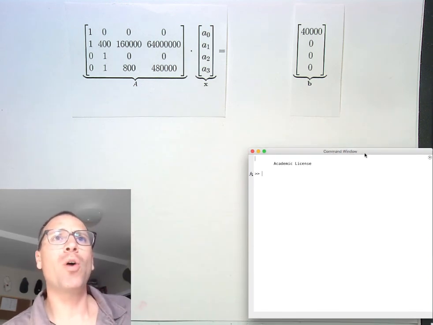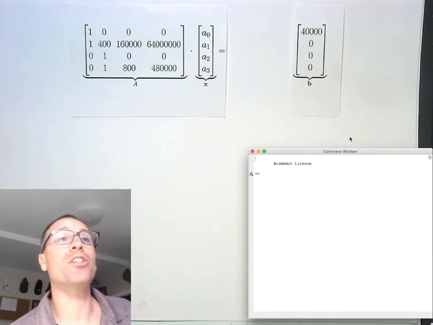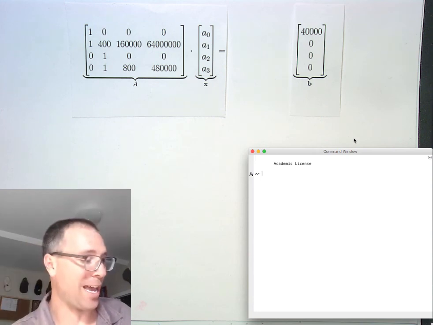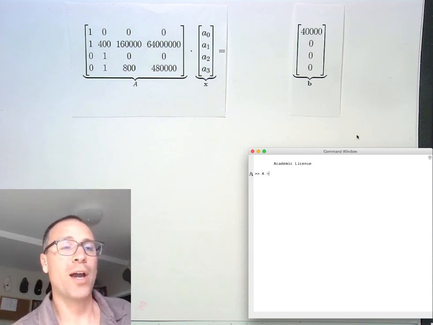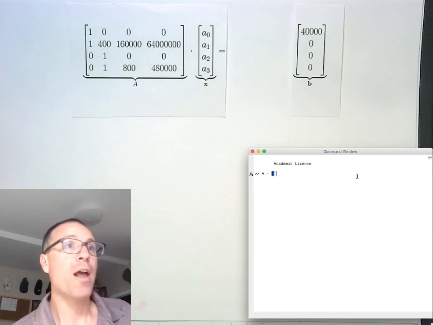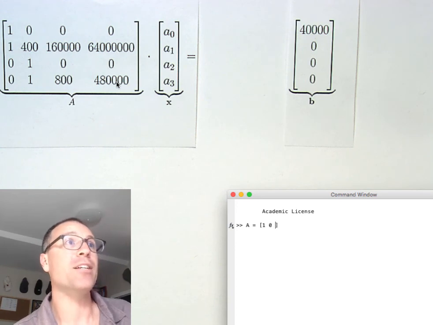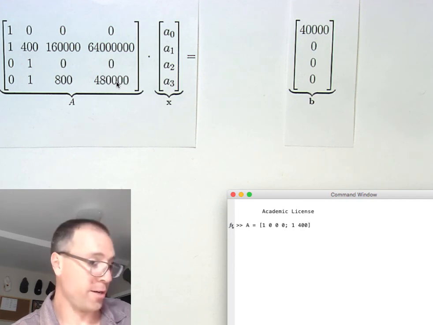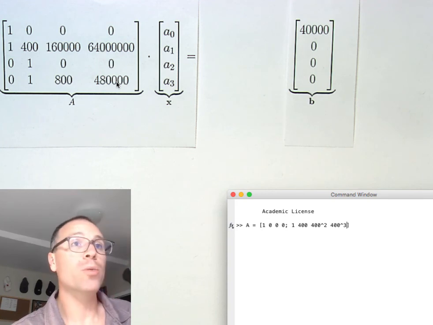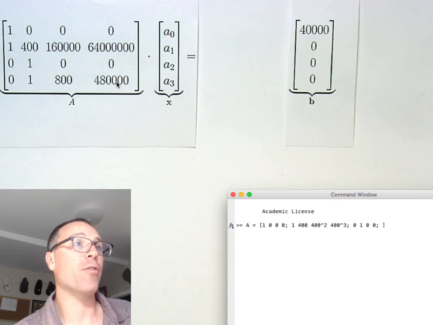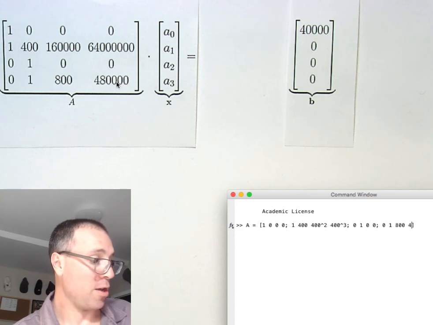Before I do this, I'm going to actually show how to use MATLAB or Octave in order to do these calculations so that I'm not having to do them in my head. This is the MATLAB command window. We're going to go ahead and store the matrix A seen right here. So I'm going to say that the first row is 1, 0, 0, 0. The second row looks like 1, 400, 400 squared, and 400 cubed. The third row is going to be 0, 1, 0, 0. And then the fourth row looks like it's going to be 0, 1, 800, and